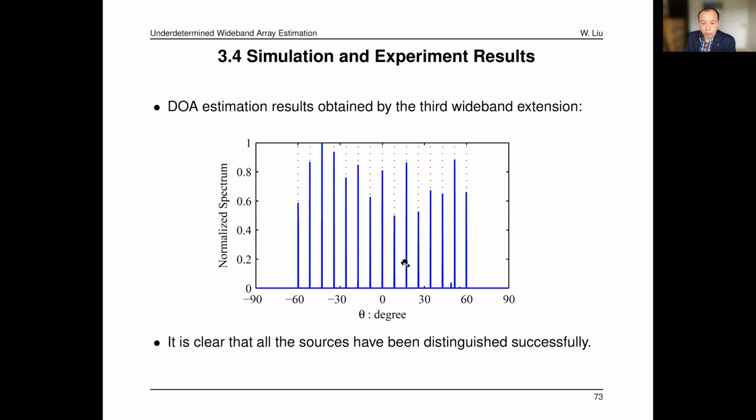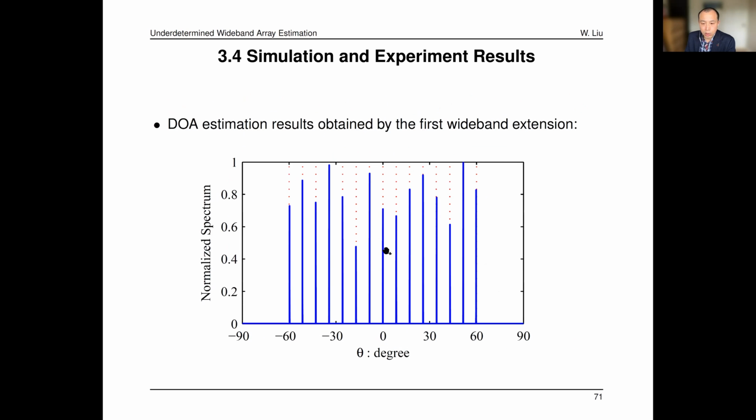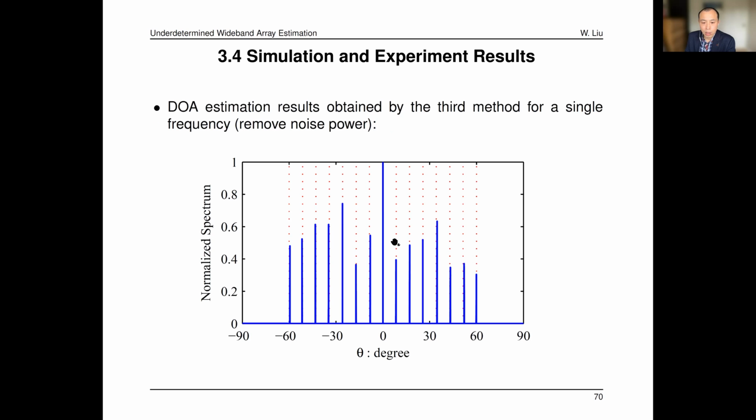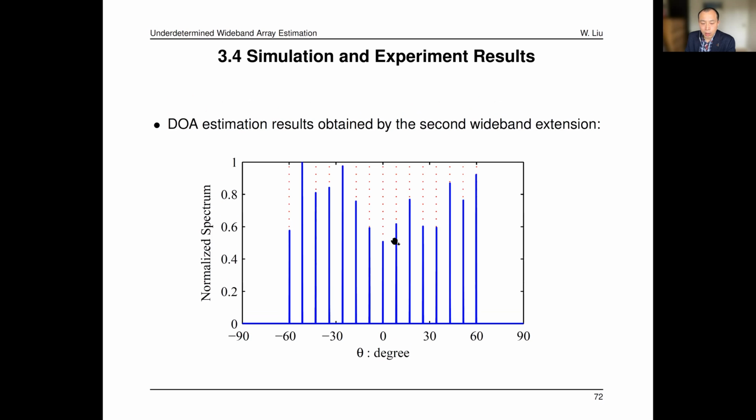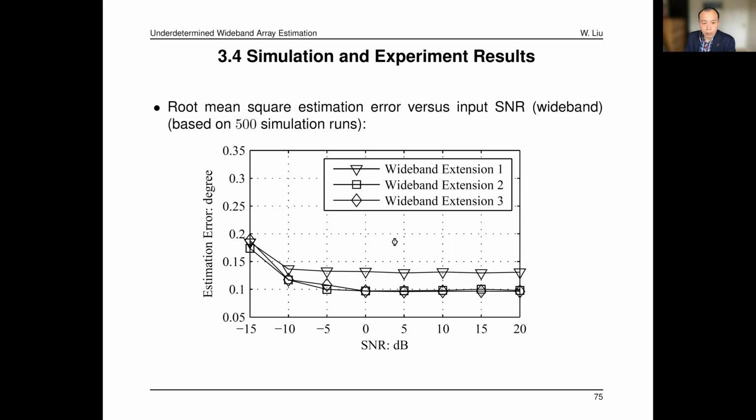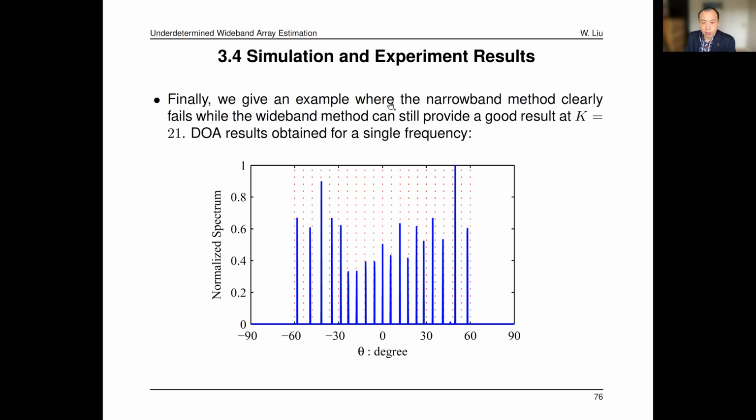Now, the first set of simulation results shows all the narrowband ones giving a good result too, right? So what's the point of having a wideband method? You can use a single frequency and it's still working, right? But actually, I can give you another result, an example where the narrowband method clearly fails, while the wideband one can still provide a good